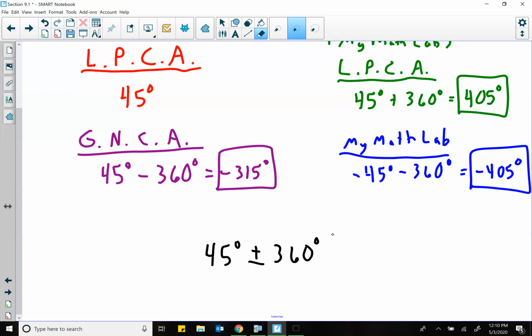So if I take 45 and just keep adding 360, there's all my positive coterminal angles. If I take 45 and keep subtracting 360, there's all my negative coterminal angles. Okay? One other little piece of information